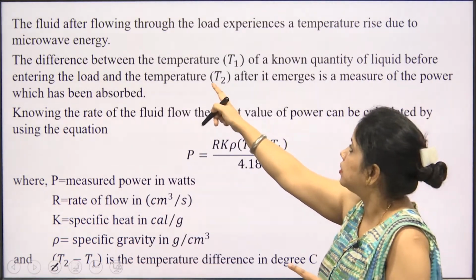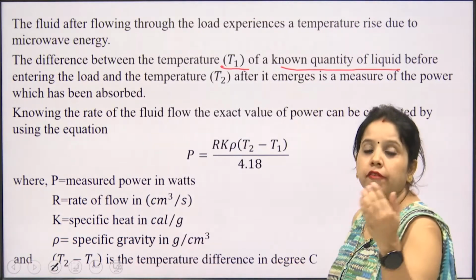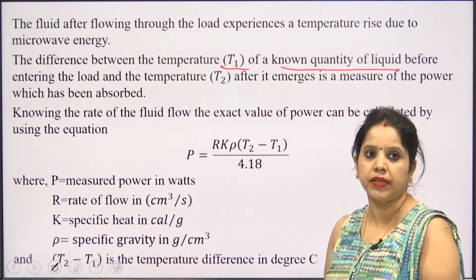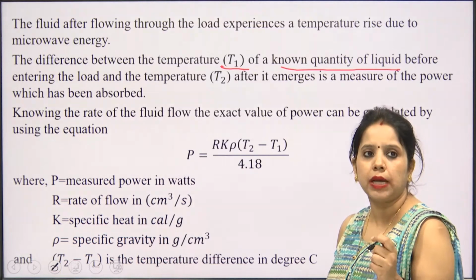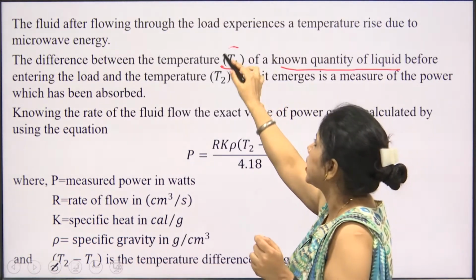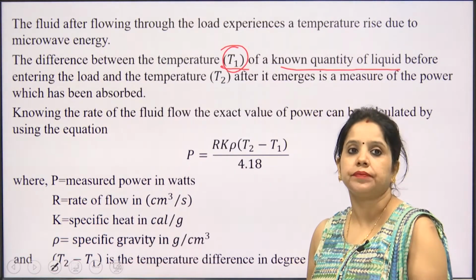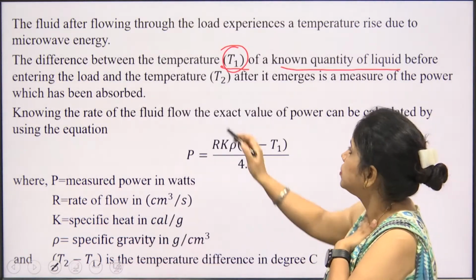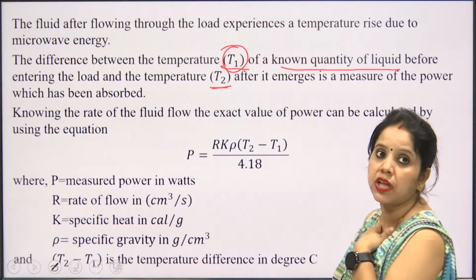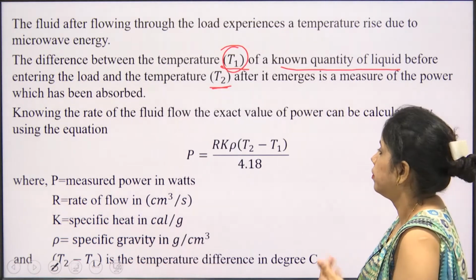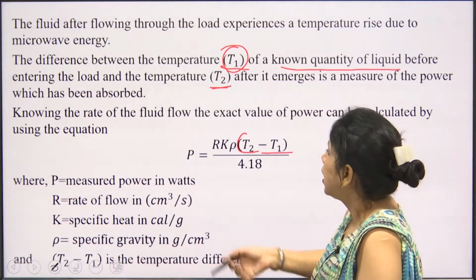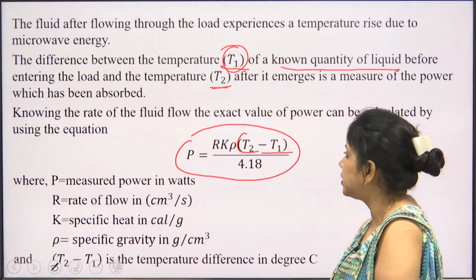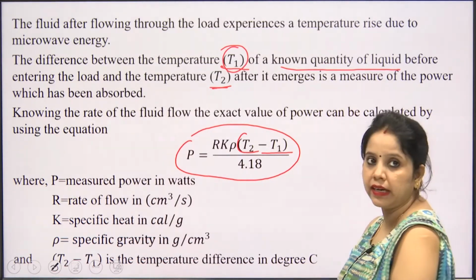The difference between the temperature T1 of a known quantity of liquid, when you are using a wattmeter and you are providing some liquid to it, in that case we already know the temperature it has, and that temperature is noted and considered as T1. When it is allowed to move towards the load, and after passing through the load, the temperature changes to T2 as it emerges out of the load. So, we have the T2 and T1 values, and using the formula we are able to calculate the power, where P is equal to R K p (T2 minus T1) upon 4.18,